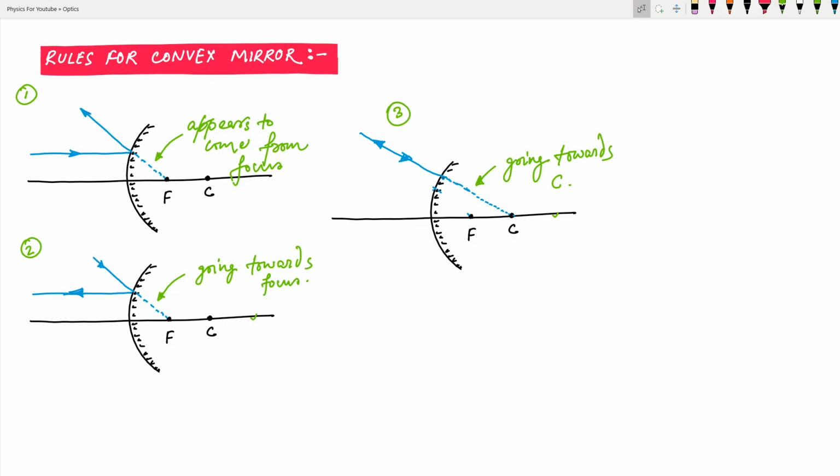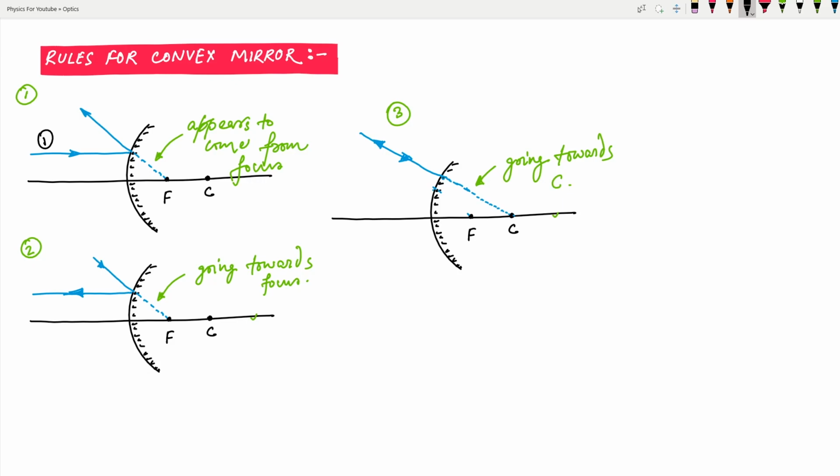Okay, now let's look at the rules for convex mirror. It is similar to concave mirror only. So let's see. Rule number 1 says that whenever a ray, suppose this one, is parallel to the principal axis, after reflection it diverges. But actually what happens is if we just trace it backwards, then we'll see that it appears